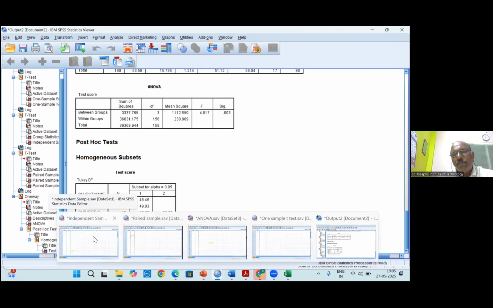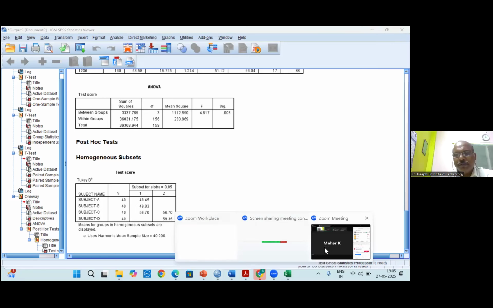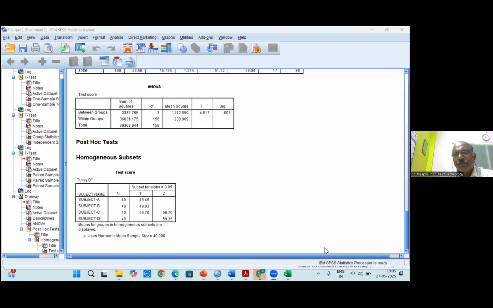We will move on. If no doubt, then we will move on to the regression analysis. T-test, ANOVA, if you have any doubt, anyone, let me know. We'll try to give our inputs. If no doubts,